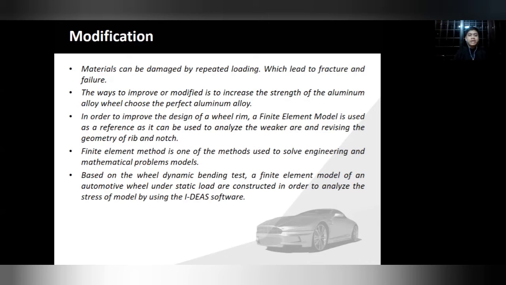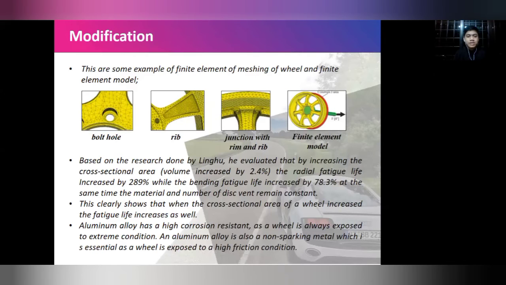So the finite element method is one of the methods used to solve engineering and mathematical problem models. Based on the wheel dynamic bending test, a finite element model of an automotive wheel under static load is constructed in order to analyze the stress of the model by using the IDEA software. So we can see the example, which consists of the bolt hole, rib, junction with the rim, and rib meshing of the wheel, and the example of the finite element model. This example of the finite element model can be used to determine the weaker part and the strengthened part